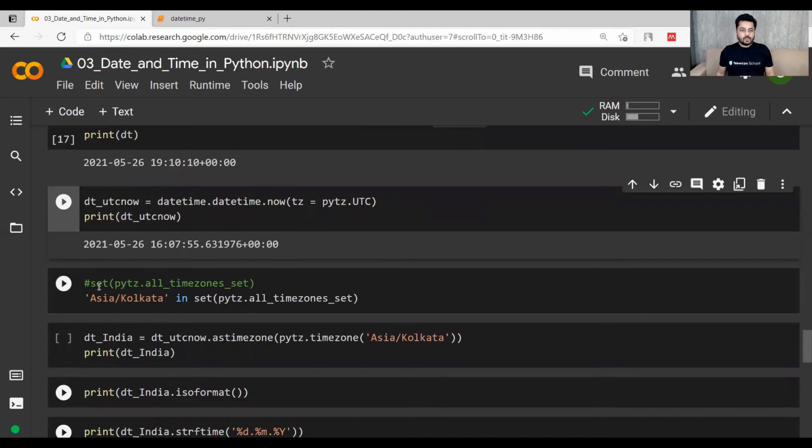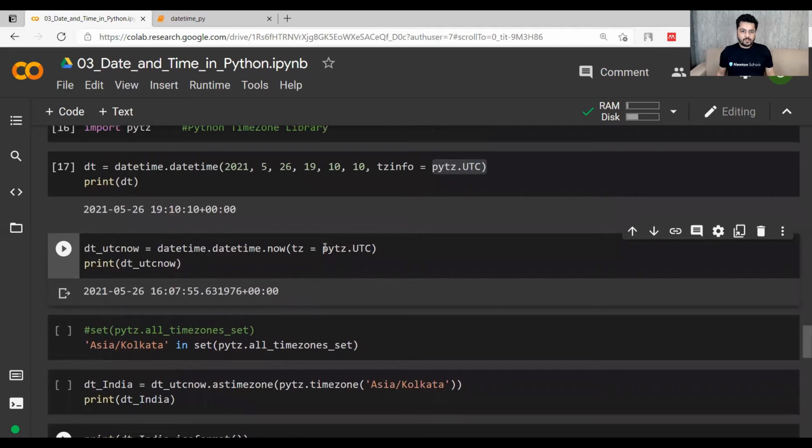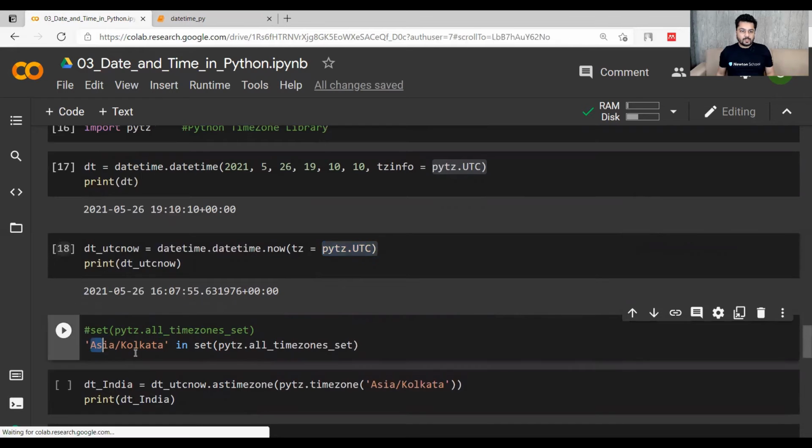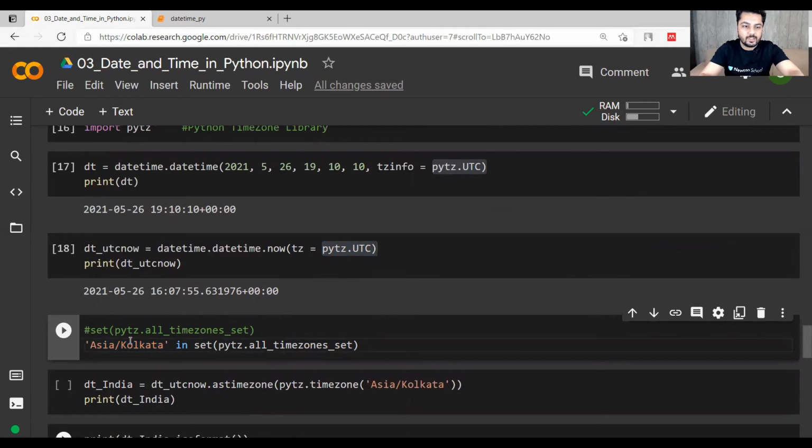Right. So now let's say that you want to use a value as your time zone. How will you do it? I found that for my time zone, this is the way available for me to use. Let's say you want to check yours.